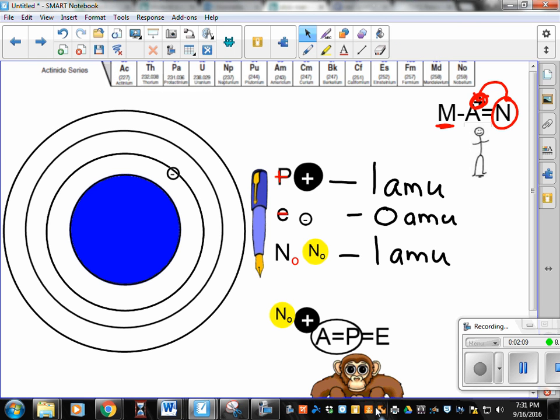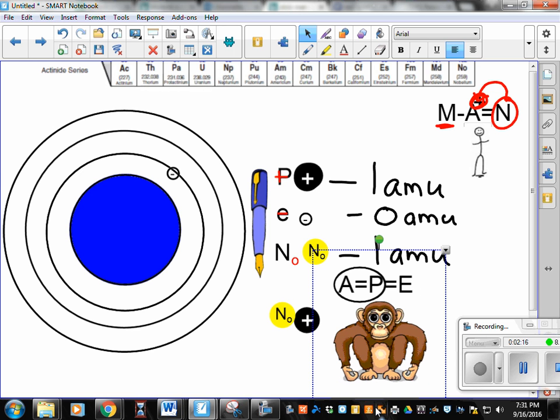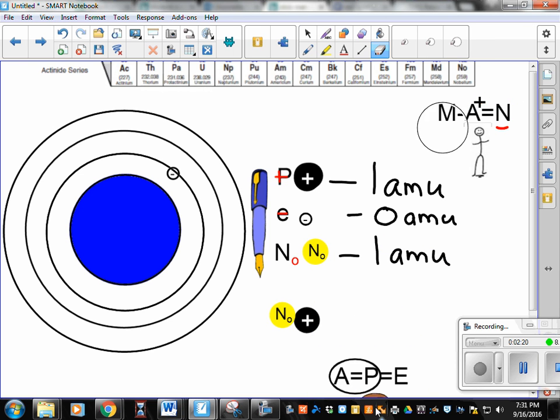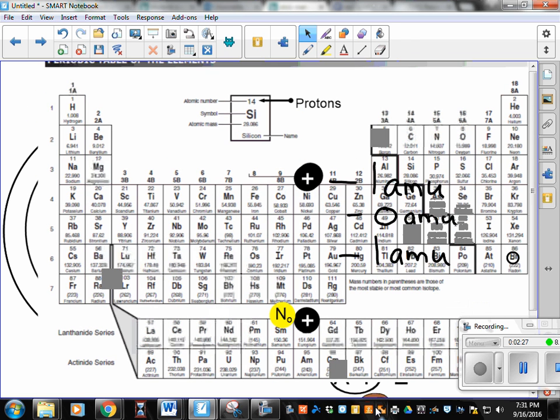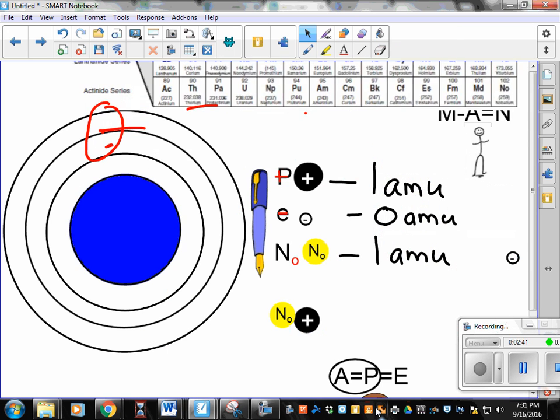Okay. Some of you all got confused. Neutrons are not equal to protons and electrons. Sometimes it may happen, but not very often. So let's say I'm going to build the atom beryllium here. Beryllium is atomic number 4, so it has 4 protons. The mass of beryllium is 9. Okay, so keeping that in mind,